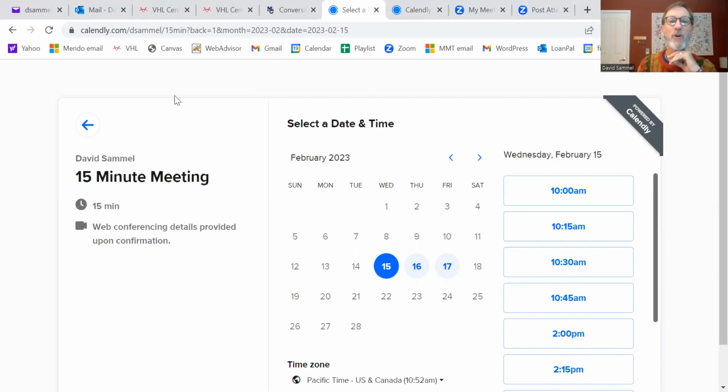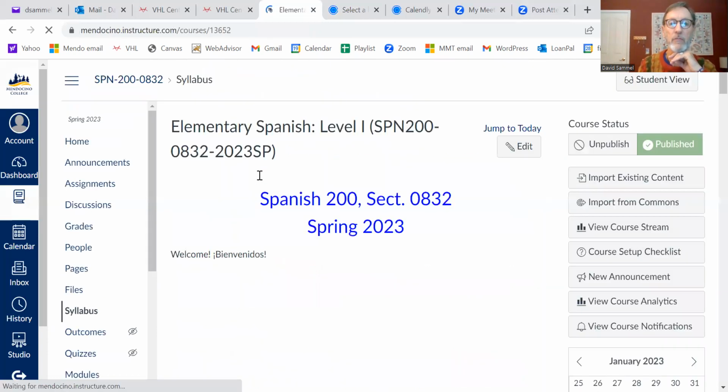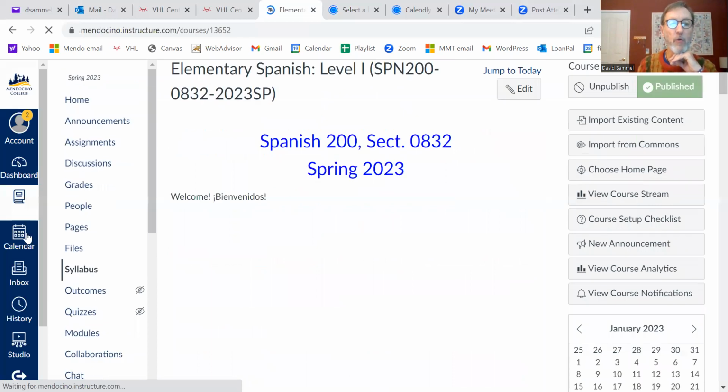Okay, let's get back to our work that we have to do in Canvas. If I can find it, there we go, right there. All right, so I want to mention a couple other things here. Let's go back to our home page. Sorry, this thing is really slow today. Sorry about that. Here we are on our homepage, and there's 2 other things you ought to be aware of,